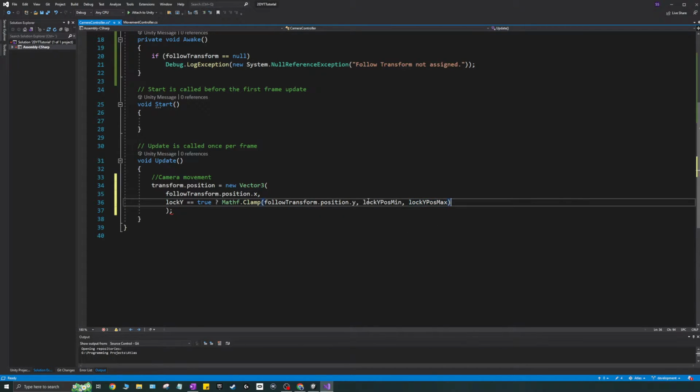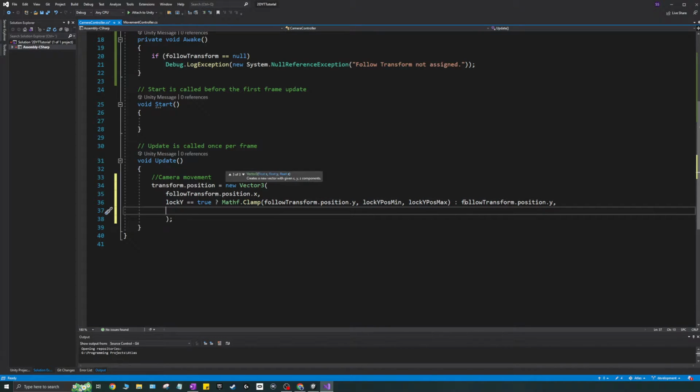And what if lock y is not true? Well, then we're going to do a little else statement. This is the way these short if statements work: you give it a condition, you check if it's true, well, then you do this, and if it's not true, you do this. So then we're just not locked, so it will just be the raw position.y. And we really don't want to change the z position, so we're just going to say